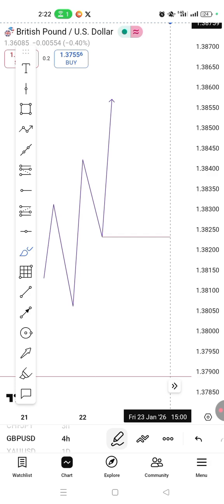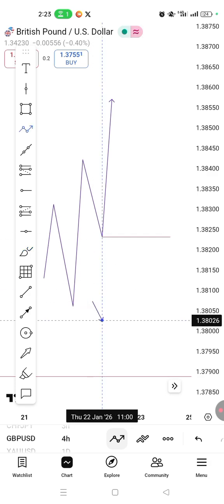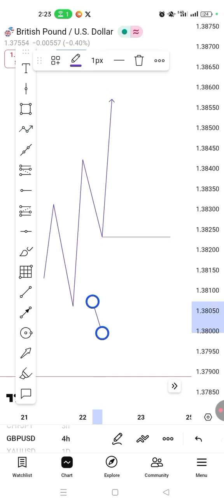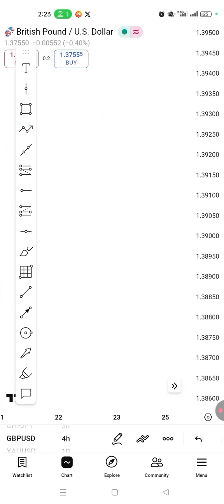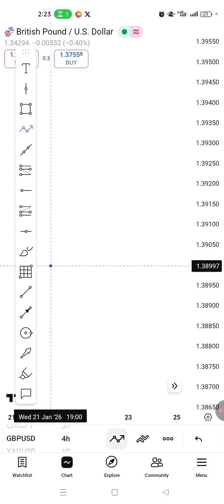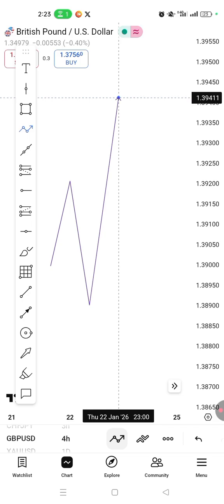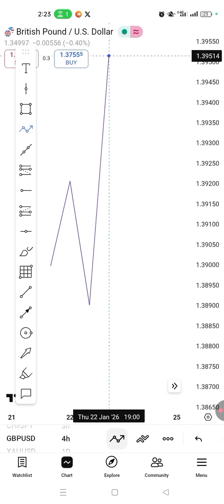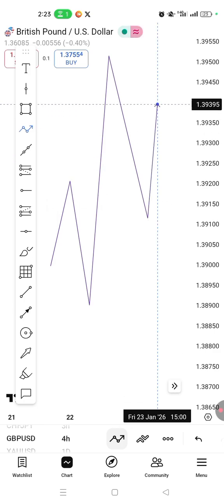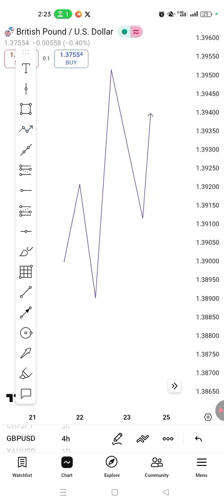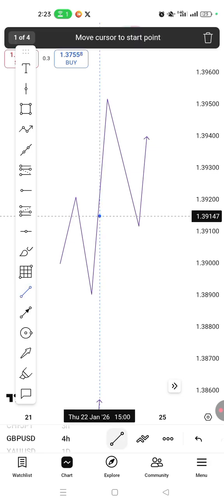Now, there's another model that we have for this, which is not this type. Let me draw the second model. This is the second model. You just have a sweep and a break. Now, when the market is coming down, the market creates its own engineered liquidity up. Now, let me explain this logic. The logic of this one is that the market has given you a sweep and a break